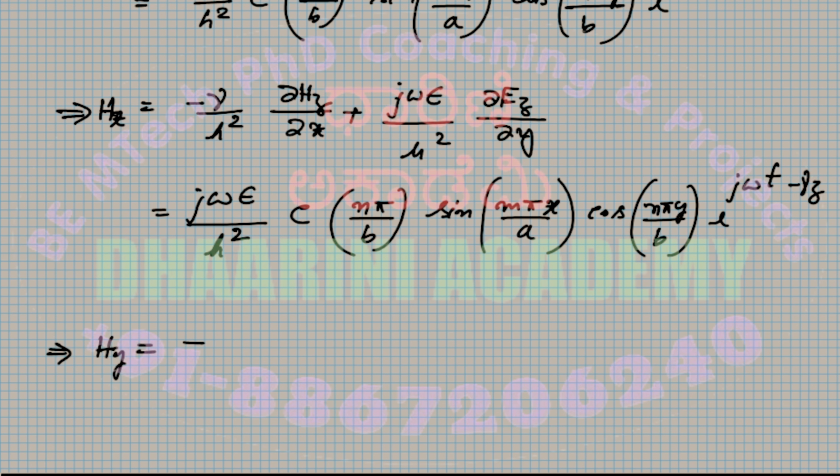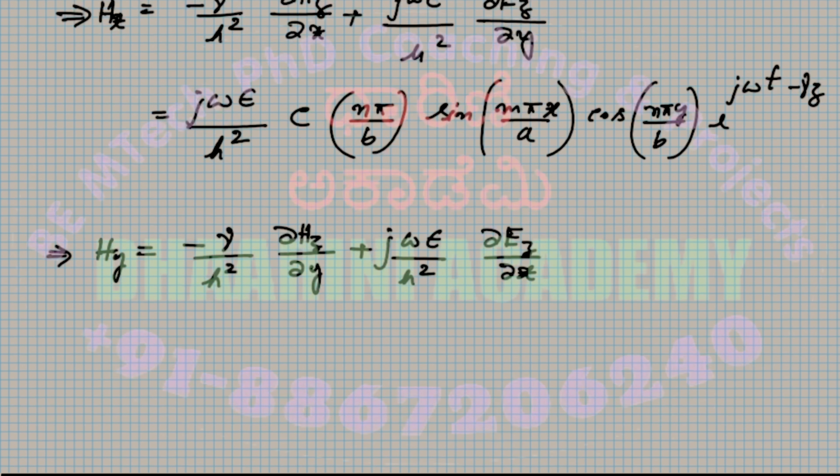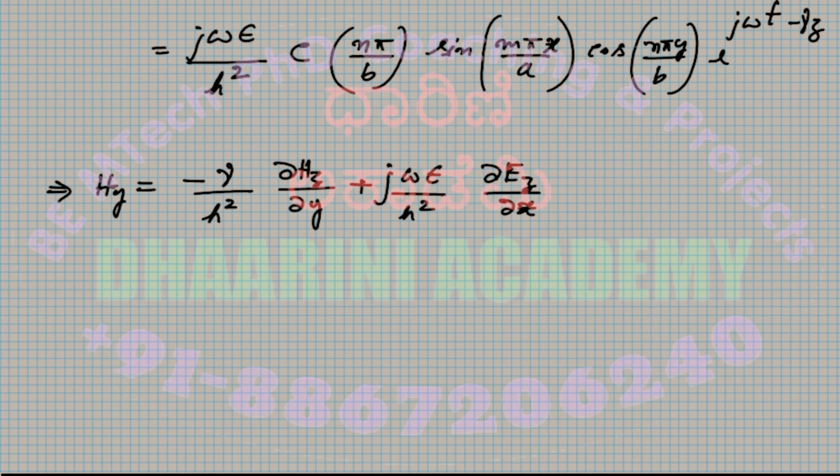So the equation to be used is minus gamma divided by h square dou hz by dou y plus j omega epsilon divided by h square dou ez by dou x. So upon substitution of equation number 13 and equation number 14 over here, we are going to get, again, the first term is 0, hz is 0. So we have